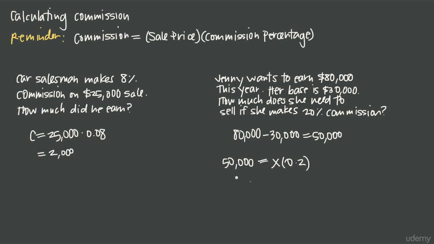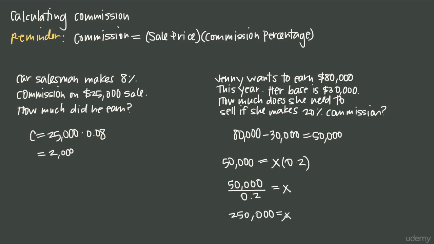So we want to divide both sides by 0.2. And what we'll get is 50,000 divided by 0.2 is equal to x. So now we've solved for x, we just need to do the arithmetic on the left-hand side, and 50,000 divided by 0.2 is